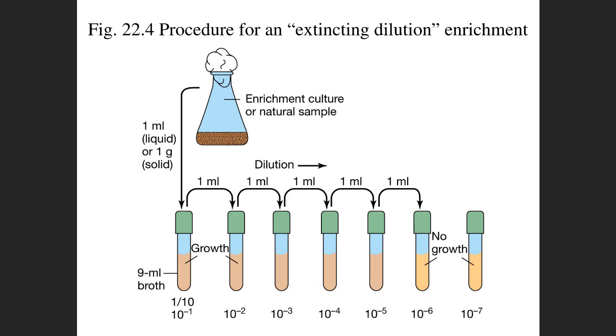And so now, at this dilution there's no bacteria, but chances are the next one you will have 1 or 2 bacteria there, right? And chances are if you have 1 bacteria in here, then